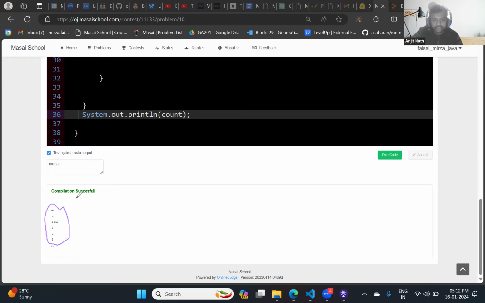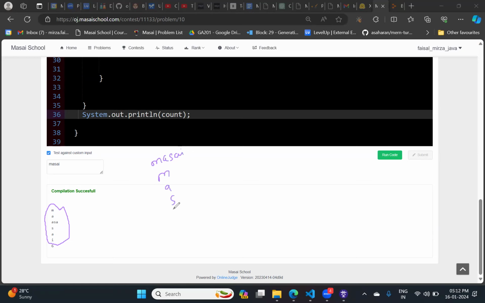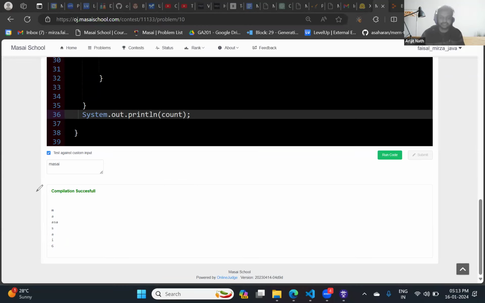But the condition tells me that if the first one and last one are the same, then only it will consider the count. When we write all the substrings, can I say that M, A, S, A, I is also part of the substring? Yes, sir. So suppose a single character is there. Here itself is its start and here itself is its end. Okay, I get it, sir. Okay, I understood, sir. Thank you, sir.